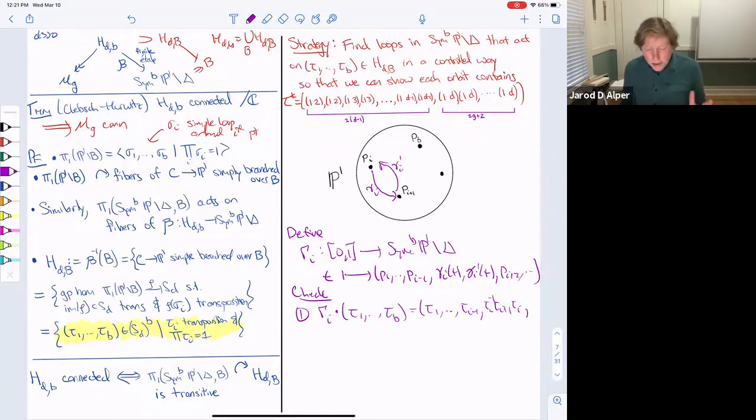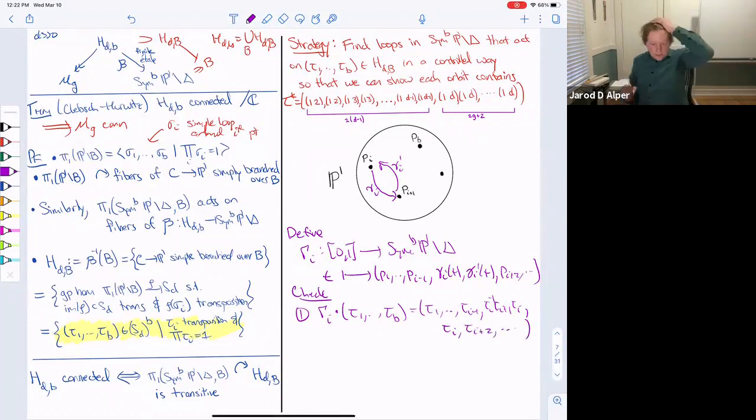It sort of switches the i plus 1 transposition and the i transposition, but it conjugates one of them. Tau i,